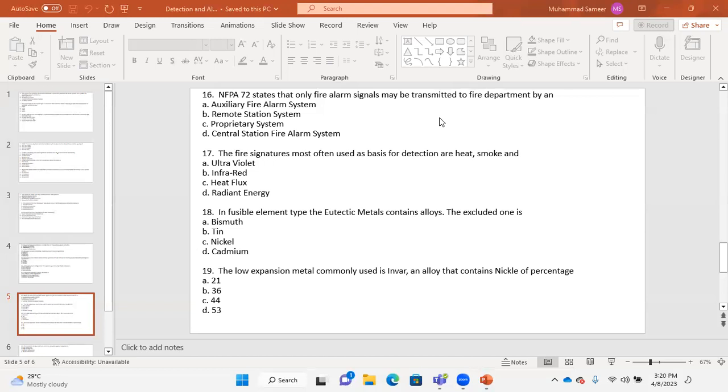Number 17. The fire signatures most used as basis for detection are heat, smoke, and, yes, exactly, radiant energy. Next, in fusible element type, the eutectic metals contain alloys. The excluded one is